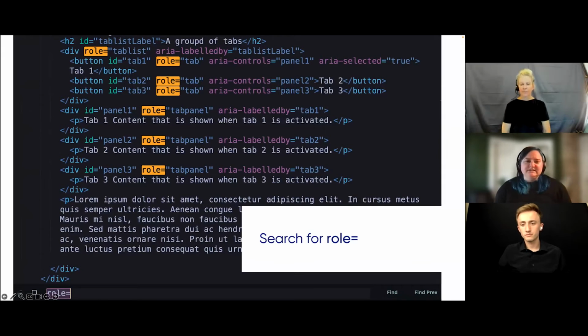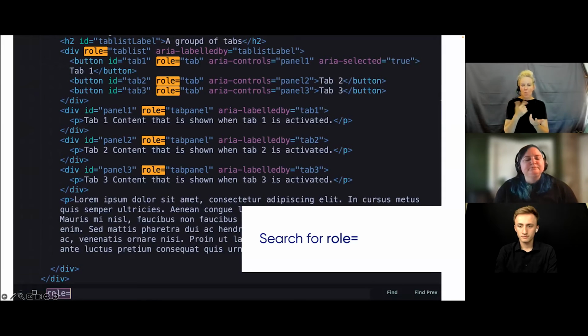I can just glance through this now that they're all highlighted and say, oh, okay, we're using a tab list, right? An ARIA tab list. Wonderful. This is actually a composite widget that does not have an HTML semantic cousin, right? We don't have HTML that can properly accomplish this in the HTML spec. So using this is appropriate in this case.